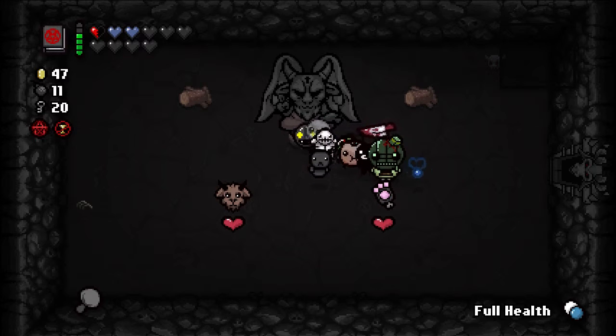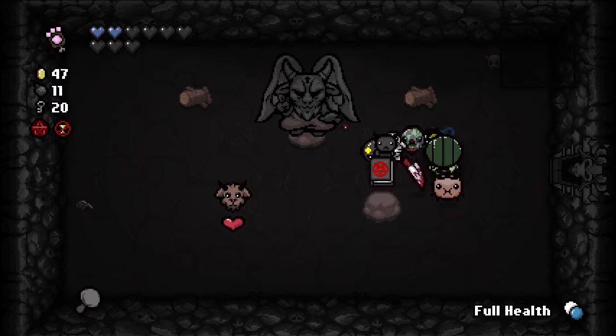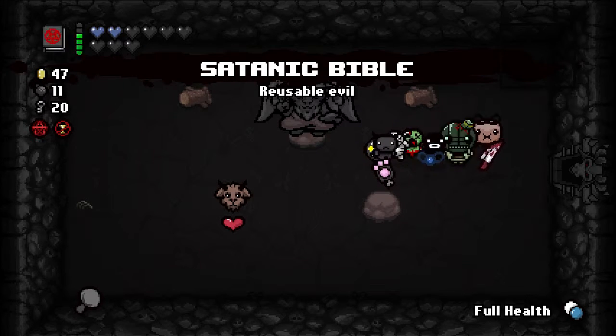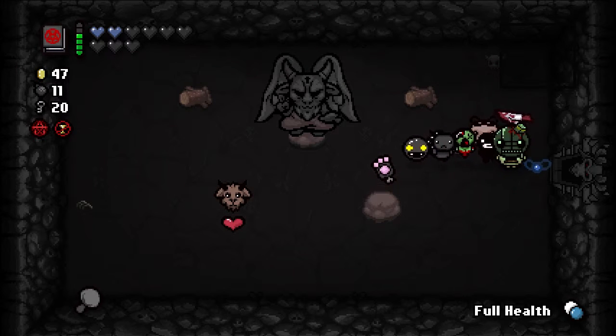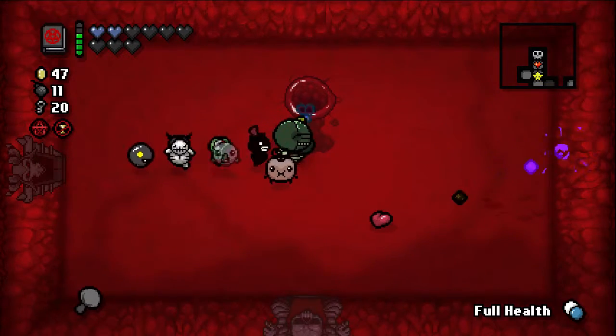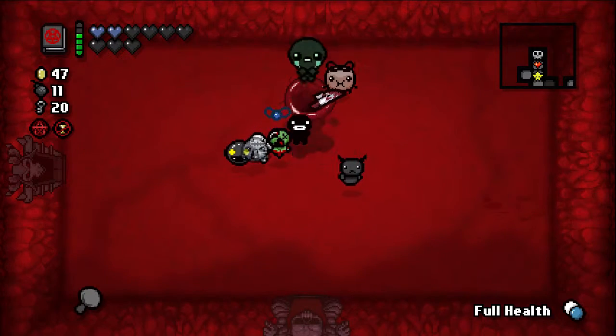Right, this is Guppy's Paw. It will allow you to turn red hearts into black hearts. However, I've just spent my last red heart on it. The other thing it will do is it puts you on your way to becoming Guppy. I haven't got any Guppy items yet, I don't think. But if you manage to get 3 of them, you turn into Guppy, you can fly, and on top of that, you can